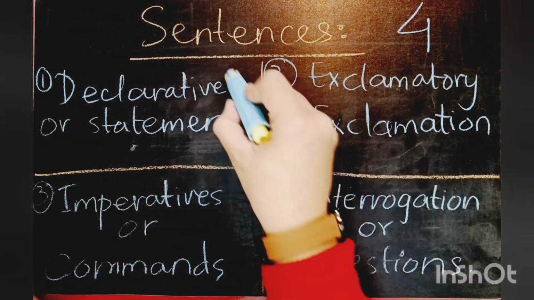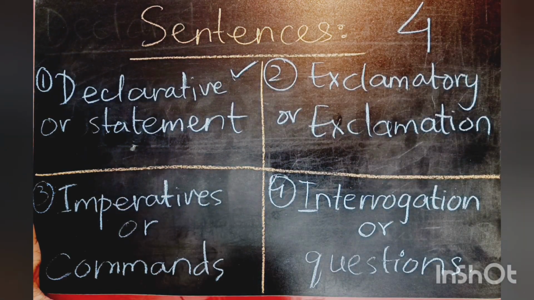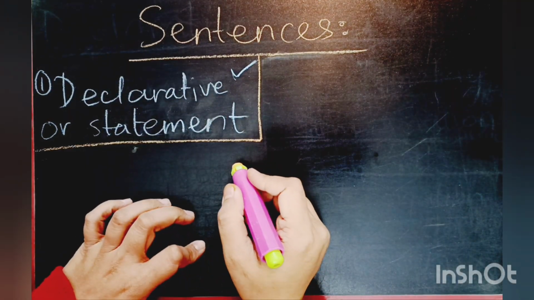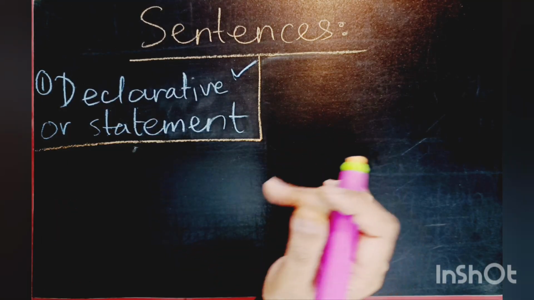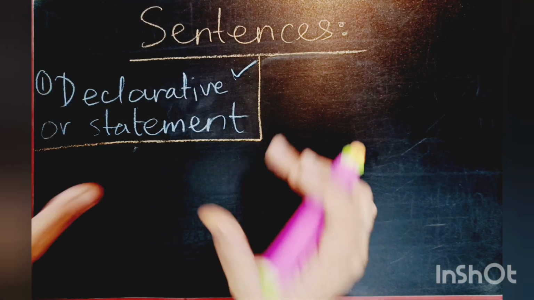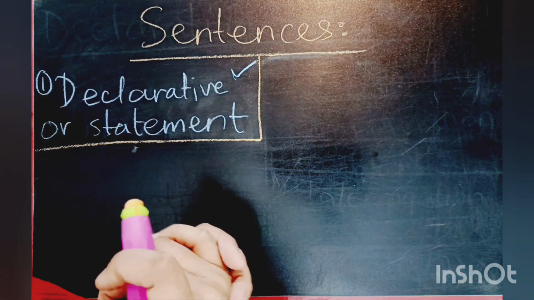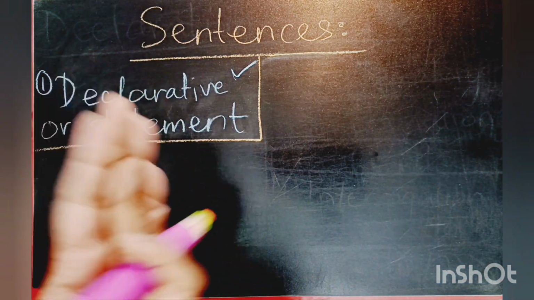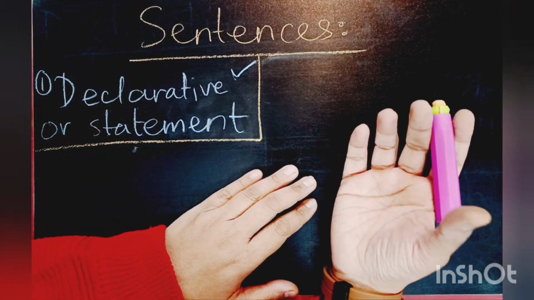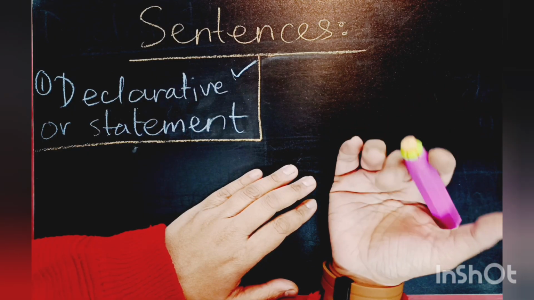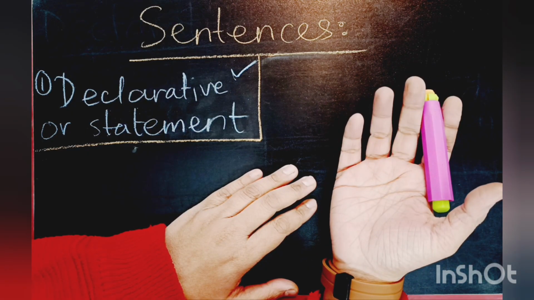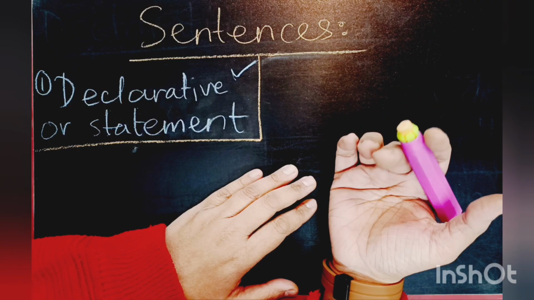First, we will do the declarative or the statement. So, this is the first type of sentences which we are going to do, which are declarative or the statement type of sentences. These are very simple sentences. Declarative sentences are the most important and common sentence type. These are simple and common sentences that share facts,